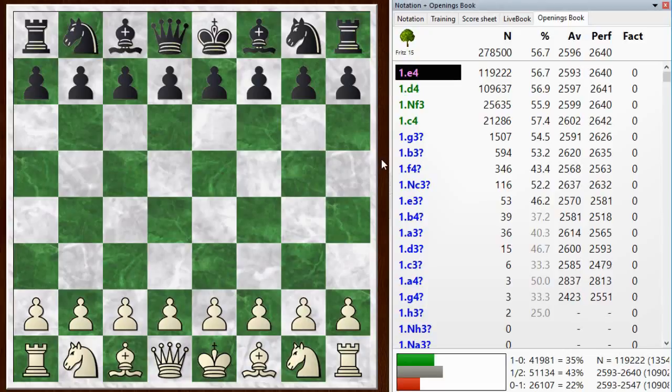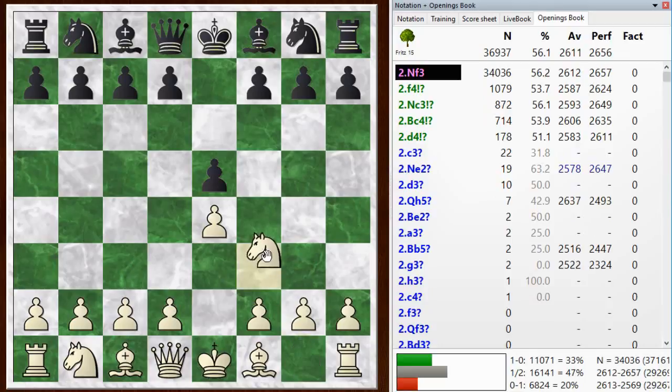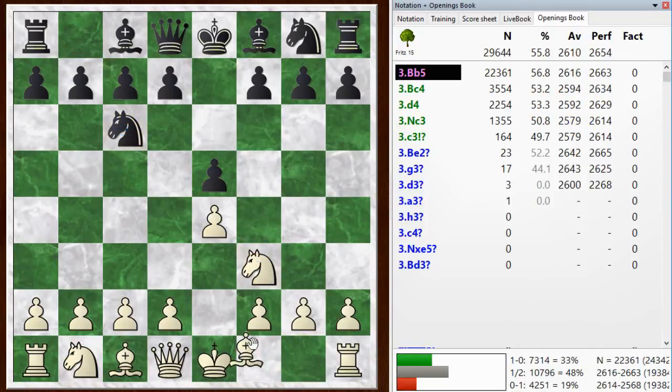Welcome to this postmortem of my Blitz game number 846. I had the white pieces and started off with e4. And my opponent went e5. And so we play the main moves here, knight f3, attacking the pawn, knight c6, defending it, and bishop b5,